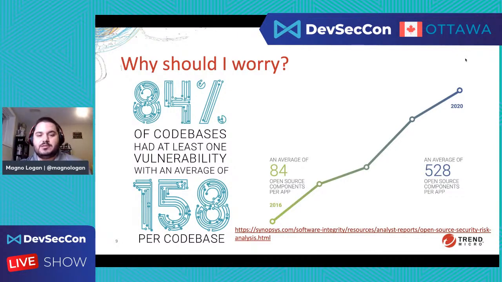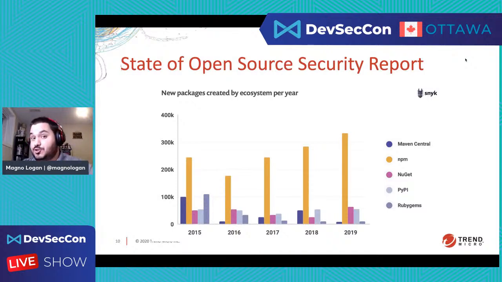Another piece of information on why you should worry: this report, the State of Open Source Security from Snyk from 2019, which is the latest one I had, shows the number of libraries, packages and dependencies being created every year on different package managers, which means different programming languages.